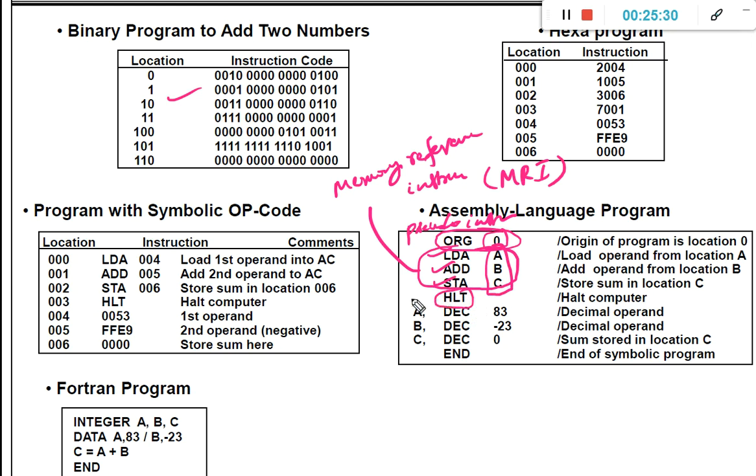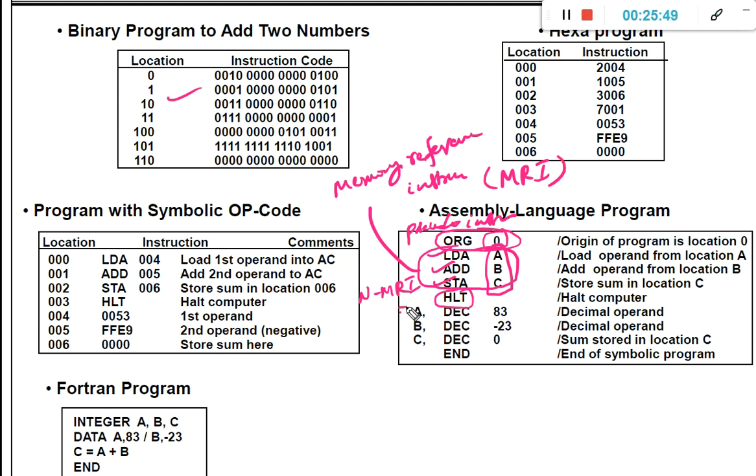So it is a non-memory reference instruction. NMRI, non-memory reference instruction. Okay, so non-memory reference instruction represents a register reference instruction. Next,